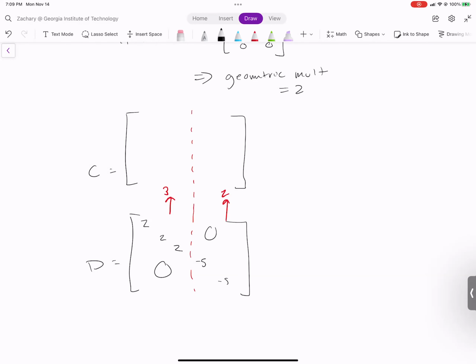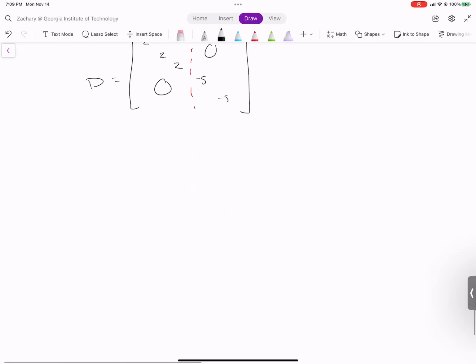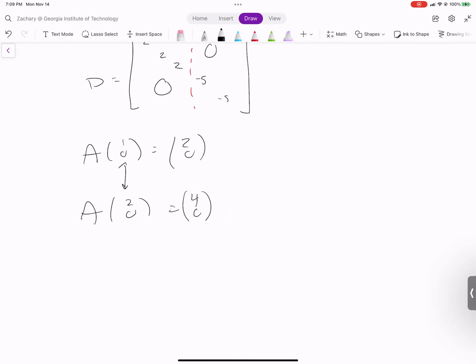What I mean by that is, if I tell you that A times (1, 0) equals (2, 0), and A of (2, 0) equals (4, 0), these are not linearly independent, so I can only pull 1 eigenvector between the 2 of these. That's what I mean, as long as you know these facts. Obviously this is just a scalar multiple of the other already, so it doesn't make any more sense. Questions? I saw a couple other hands.